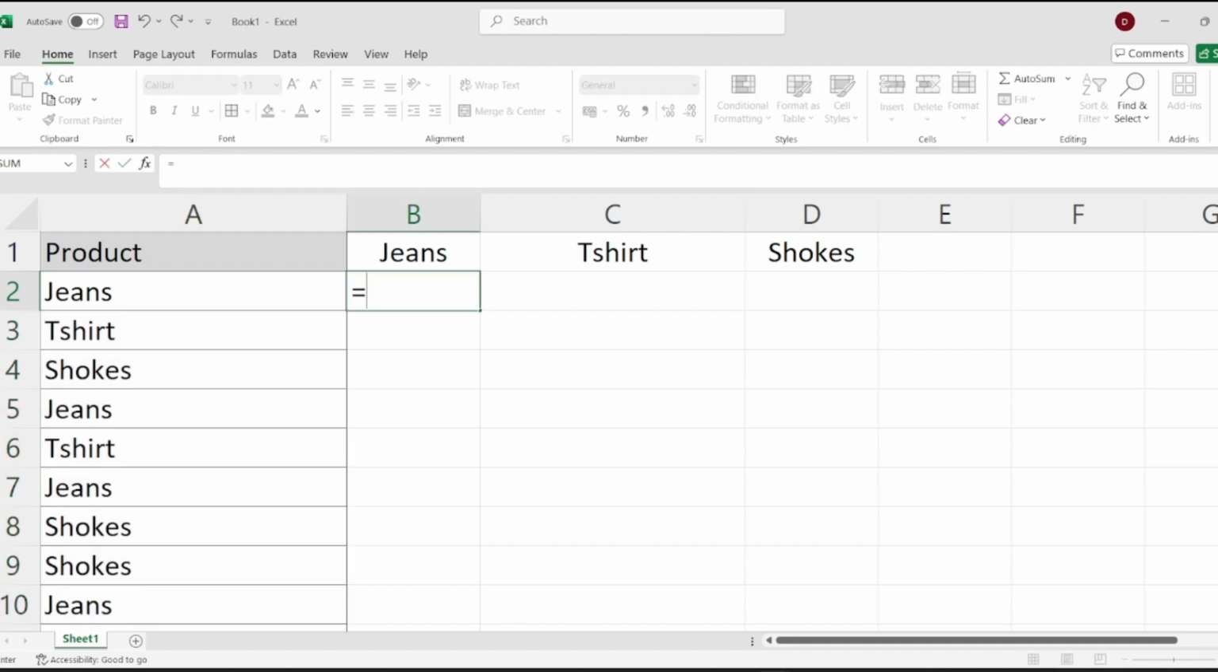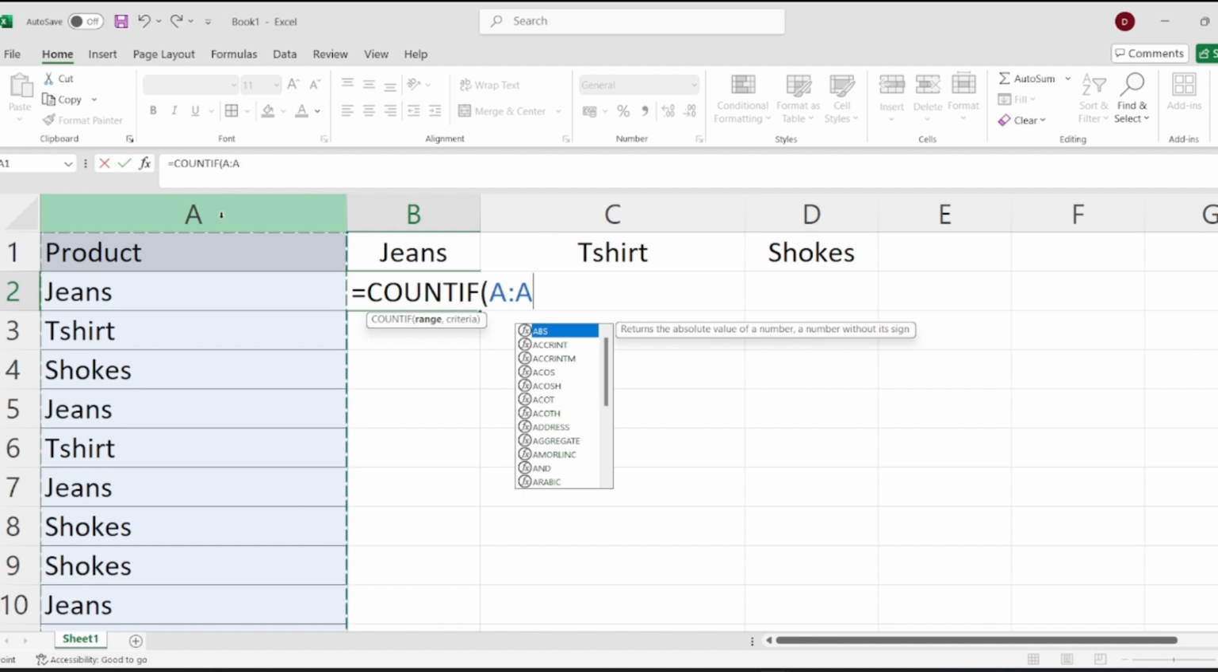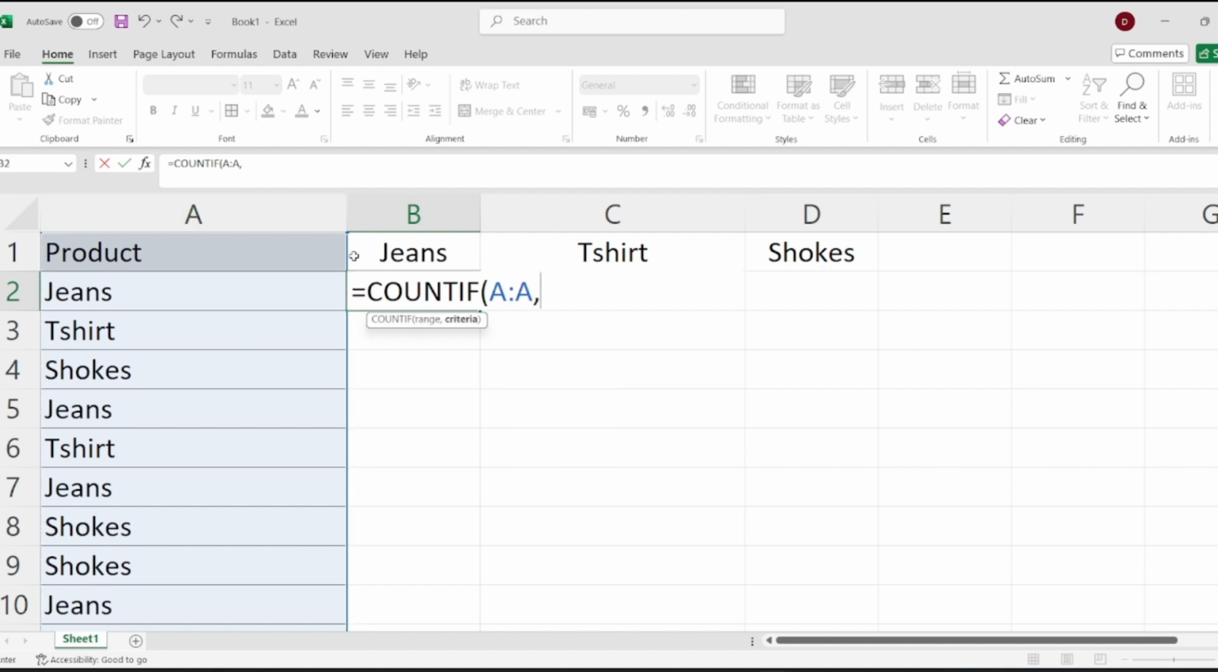So here is COUNTIF, like this: COUNTIF. Now press Tab, it is asking for range, that means the A column would be my range. Select the A column and give a comma, and now it is asking for criteria, which would be jeans. Close the bracket, but we need to freeze this A column for further reference, so just press like this,